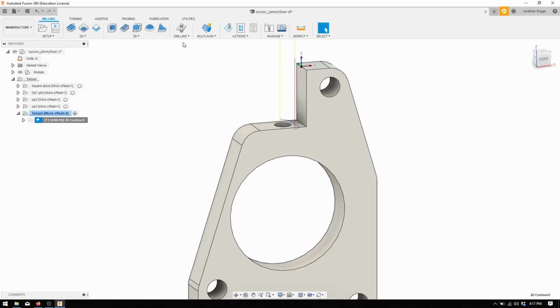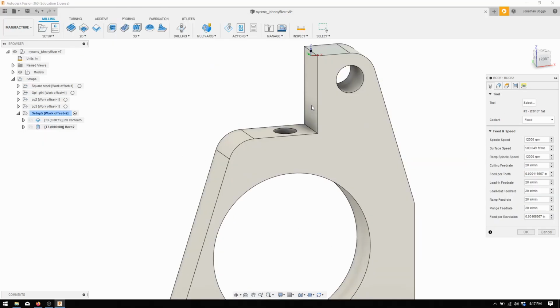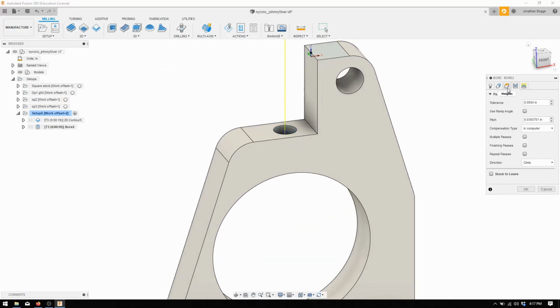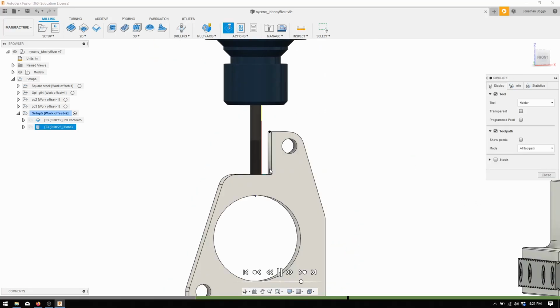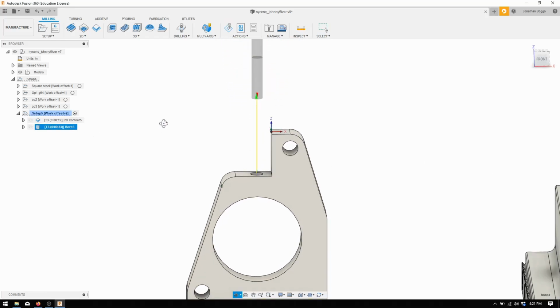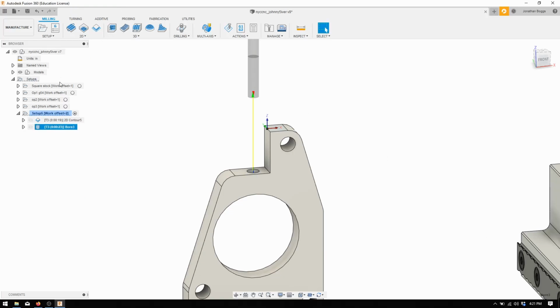Then what we're going to do, let's do drill. We'll do bore, and then I'll select this, and I want to go just 5 thou below. Cool. And then we're going to give that a shot. I mean, we're going pretty slow, honestly. We're just going to be 20 inches per minute. So then, last thing we're going to do